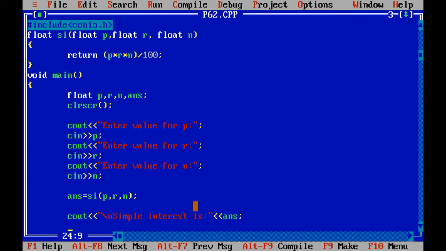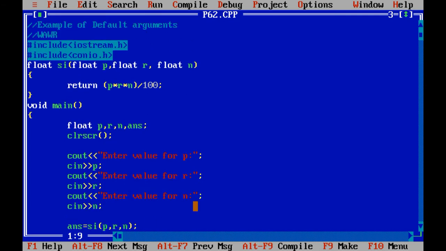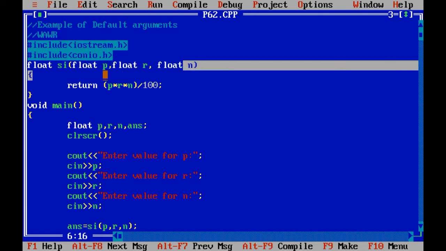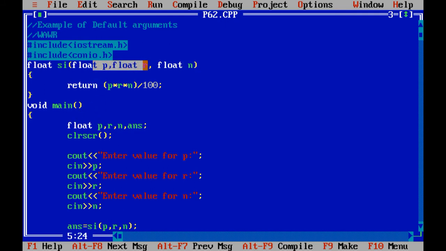Now see over here what type of UDF we have created. We have decided the return type float. Over here you can see answer variable we have taken, that is data type float. Why? Because our return type of the function would be of float, and we have taken float data type over here because the answer may come in the point or fraction part. All the variables remaining P, R and N also we have taken as a float. You can take these three variables as integer.